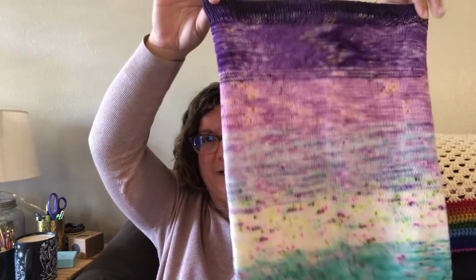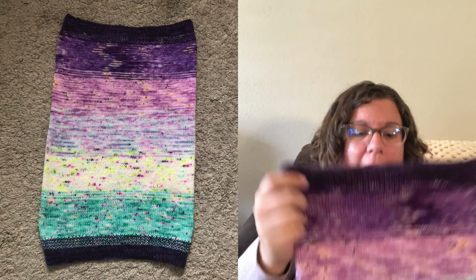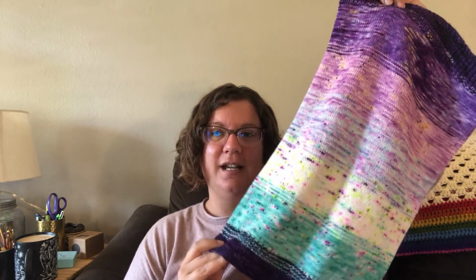The Faded Unicorn's Cowl. So this is the tallest cowl in existence, I think. It barely fits into the screen, but I absolutely love it, and I'm so proud of it. And it made me so much more comfortable with knitting because it did take a long time, and I got to practice a lot of knit stitch, and changing colors and all that kind of fun stuff. So I finished it, I bound off, I blocked it,